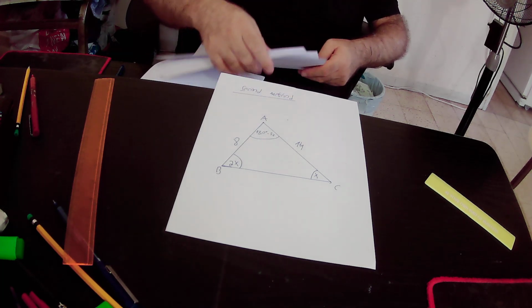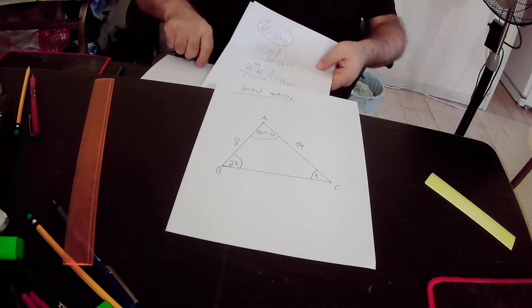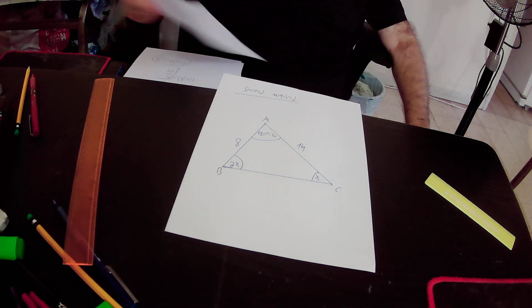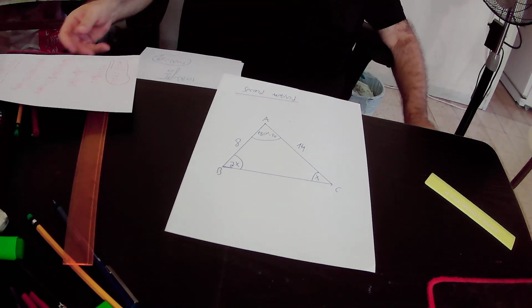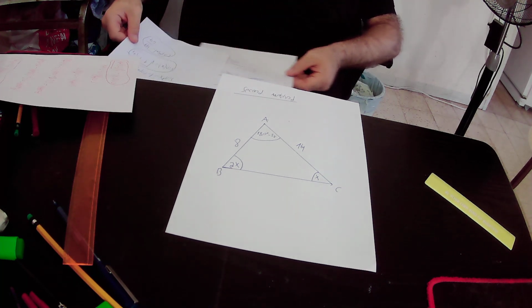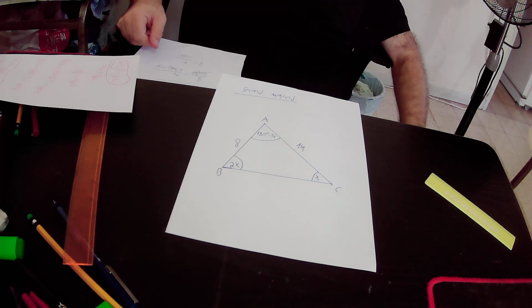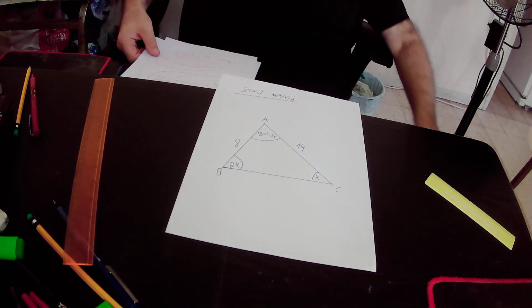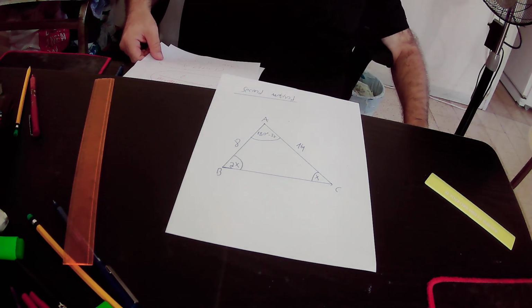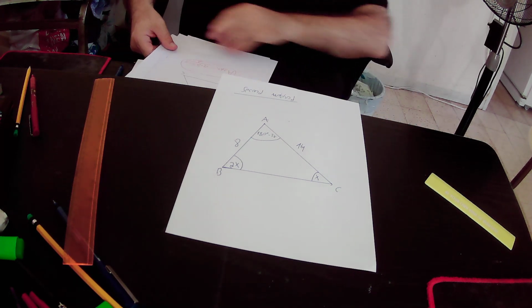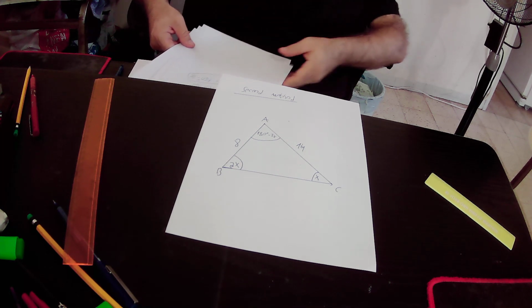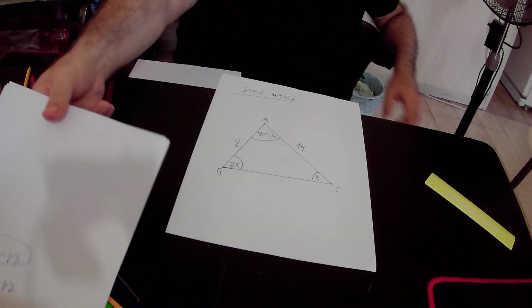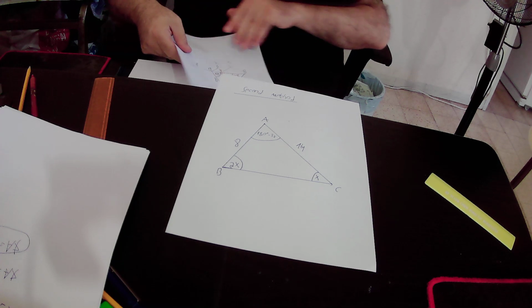The area of this triangle in two different ways. According to the first method,